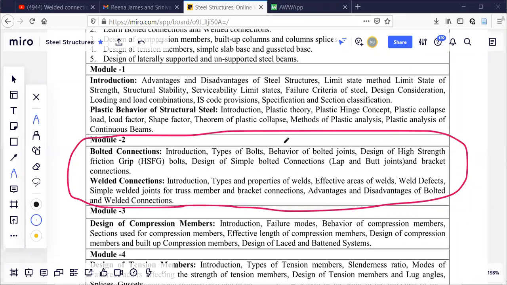But the problem here is if you prepare only one of these, you may face difficulties in the remaining modules. In the remaining modules, bolted connection problems are there, for example, compression member and tension member.